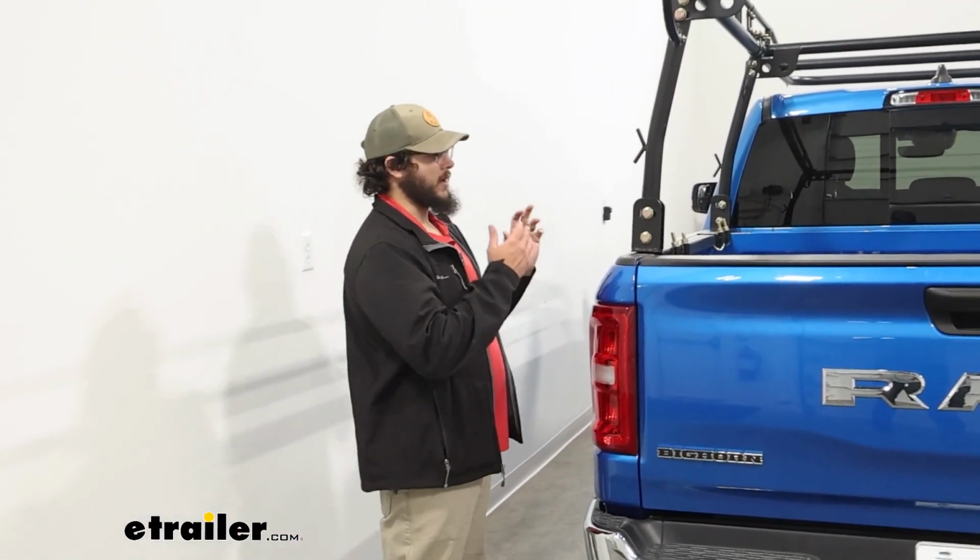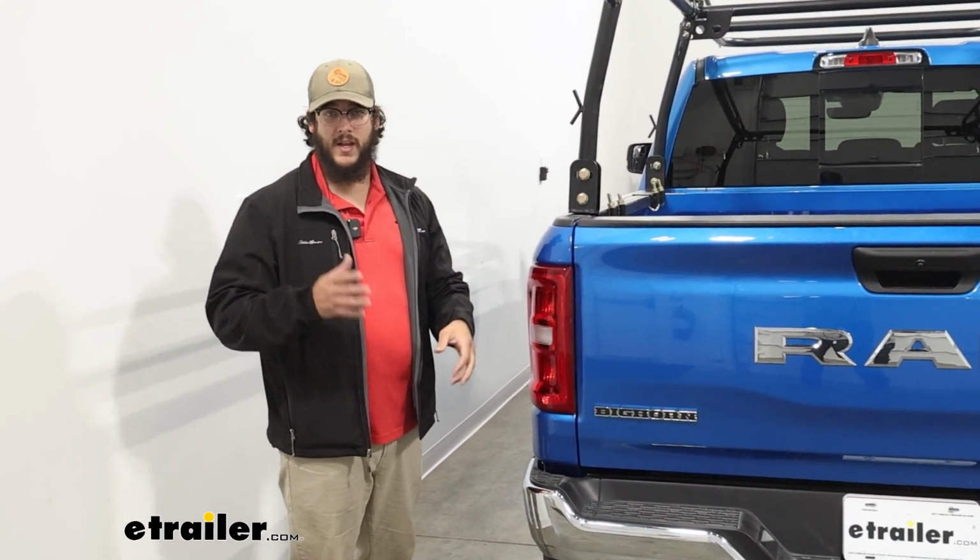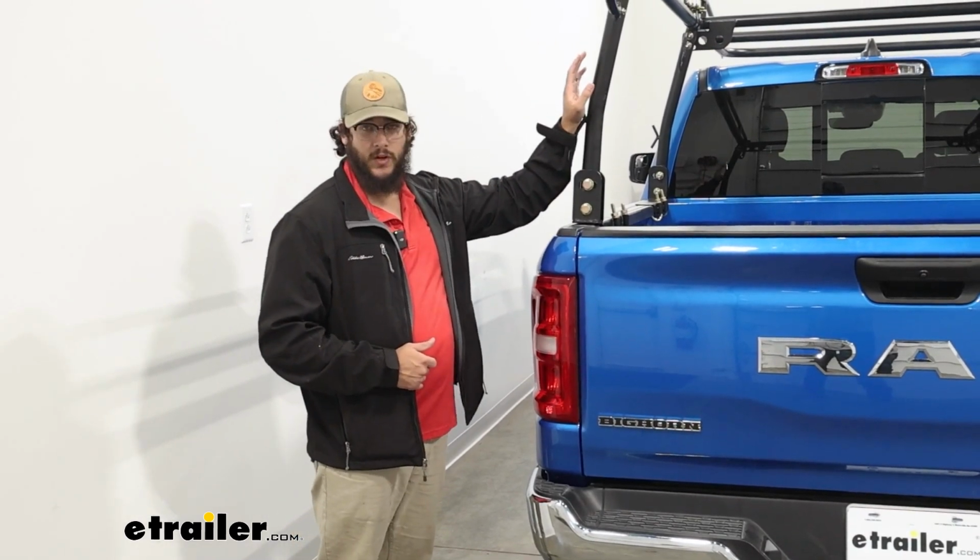Afterwards, you can load this up with whatever gear you have and take it out for a ride. But that's just a look at some of the features and the installation of the eTrailer truck rack on the back of our